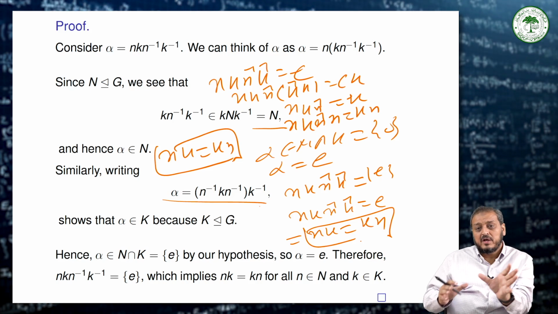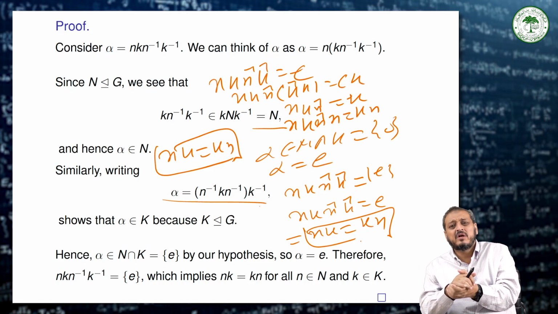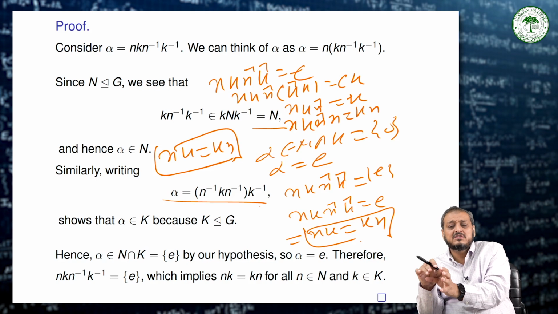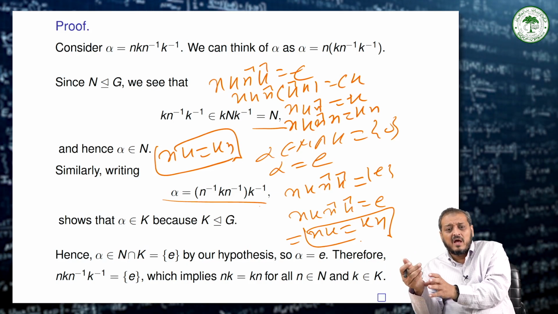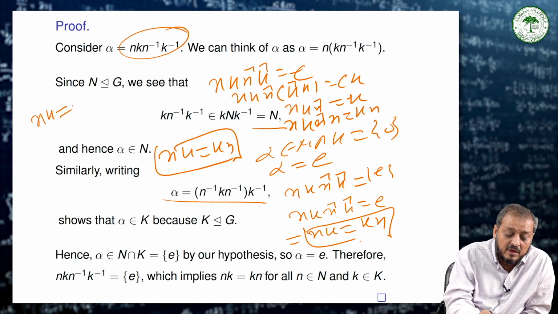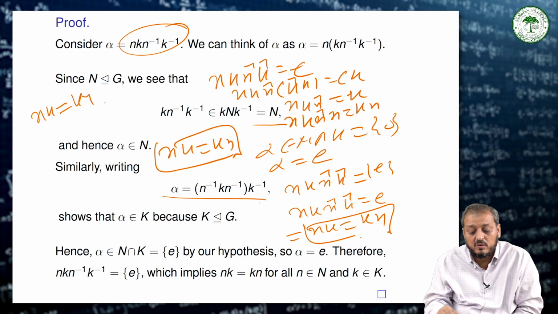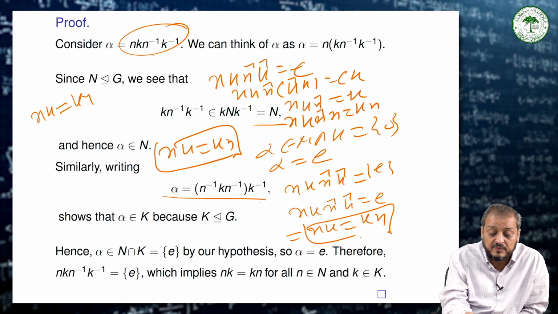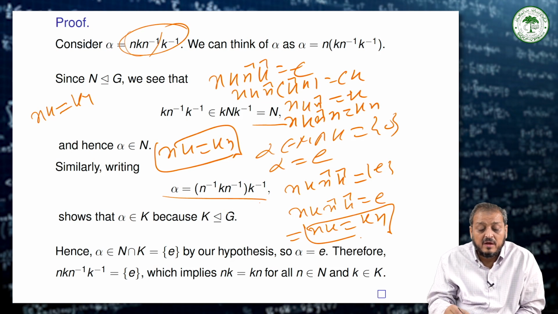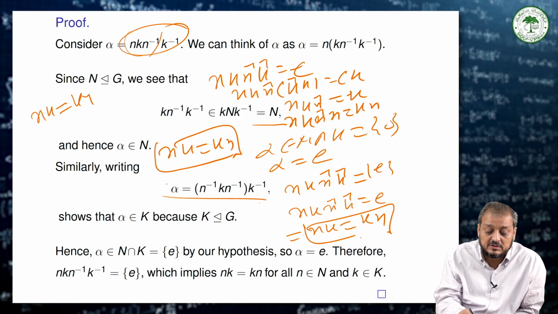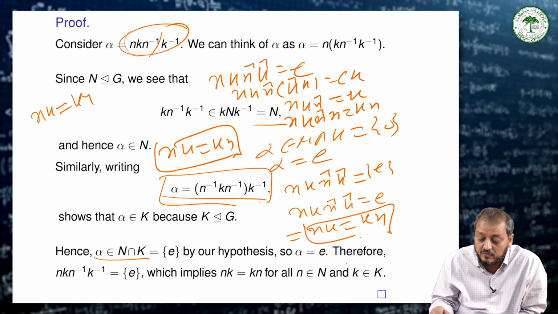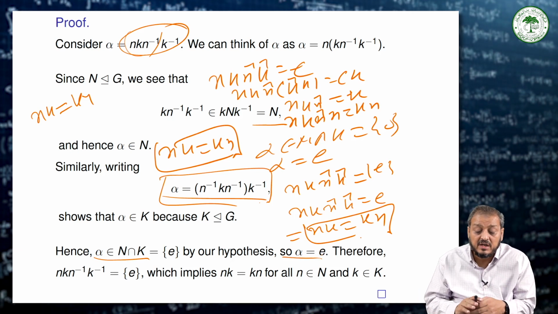We have to show that for some element alpha, which we denote as n k n inverse k inverse, this is an element of N, and the same element is an element of K. Actually this comes to mind because we have to show that nk is equal to kn, and then we have to write it in this form, because if we take the inverse of this, writing the inverse of this, you can write n inverse k n inverse, we have to multiply it. So this alpha can also be written the same way. We have to show that this alpha is the identity, then alpha intersection is identity, then we can say that